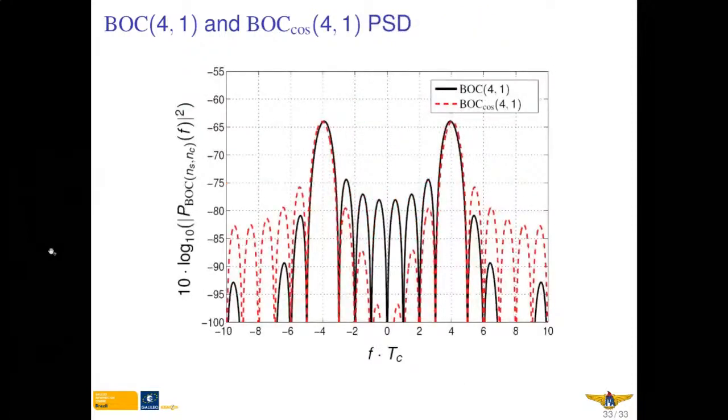And finally, we can have a look at the power spectral density of these two chip pulse shapes. And here now we can clearly see how we can realize the FD-CDMA. So we can spectrally separate different signals inside the same band using Bock chip pulse shapes or binary offset carrier modulation. And we can also see that the Bock cosine signal has more power shifted to higher frequencies and less power shifted to lower frequencies. And the Bock sinus chip pulse shape has more power shifted to lower frequencies and less power shifted to higher frequencies.